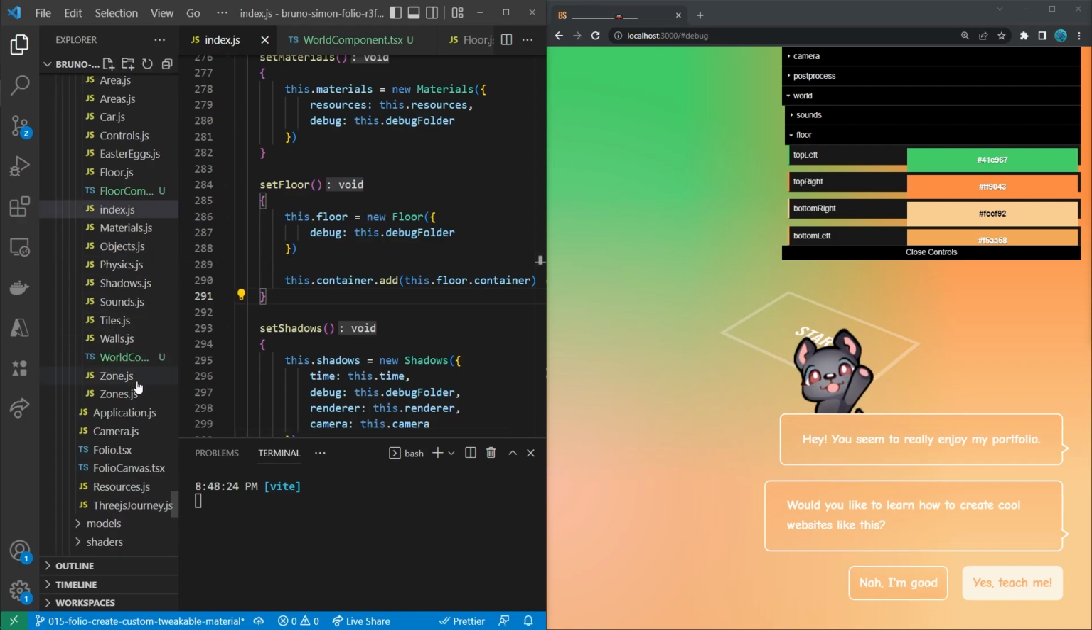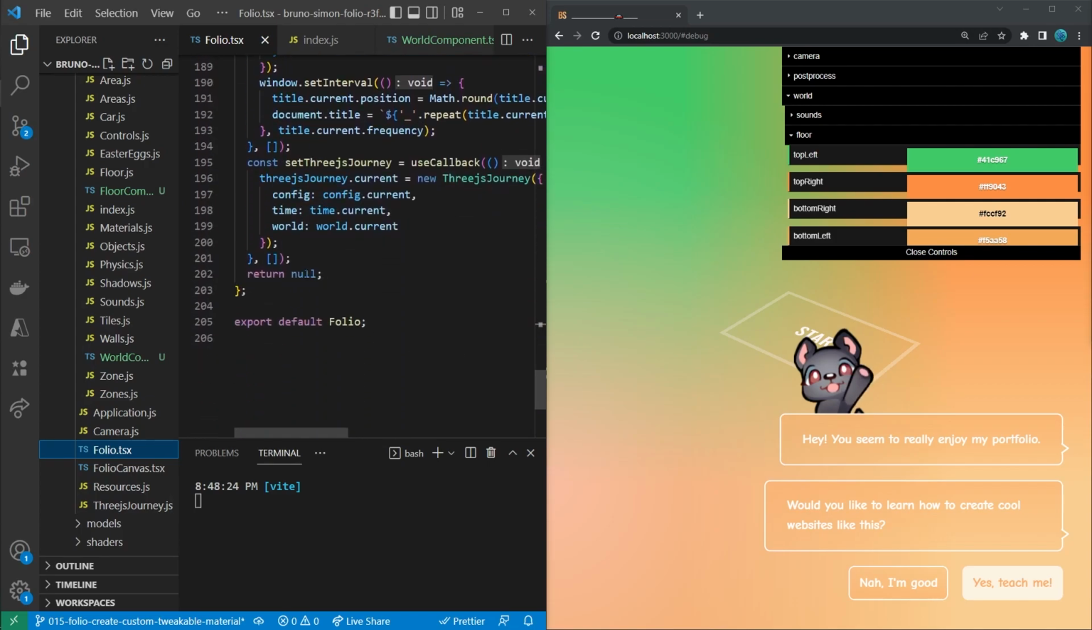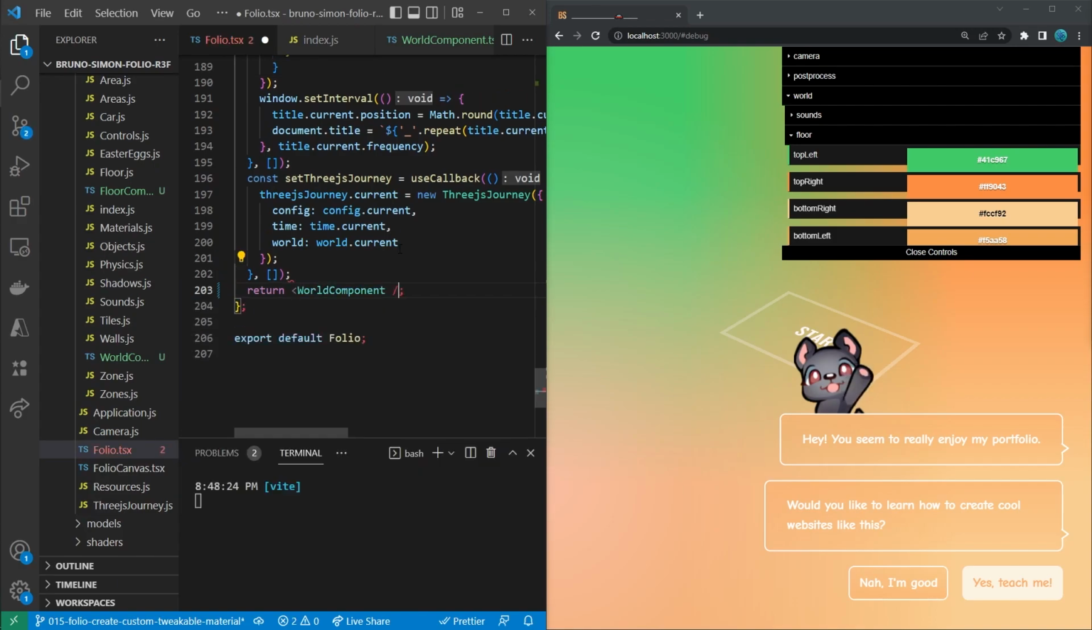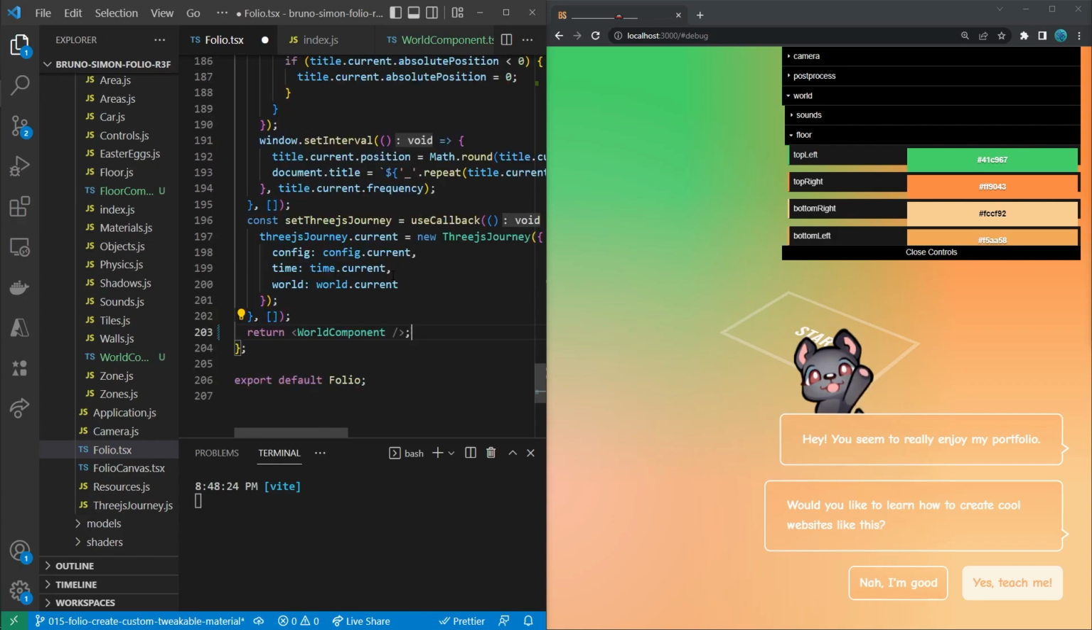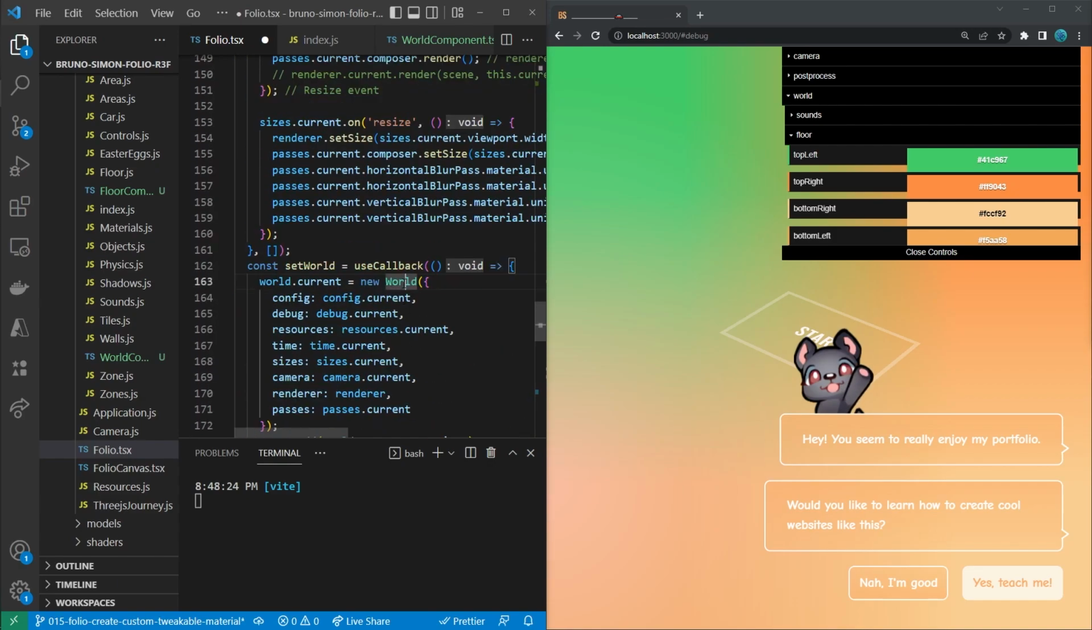We need to do one more thing, and that is that in the folio component, we are currently returning null, and we're going to change that with returning the world component. So now basically we are instantiating that new world class above, and we are returning the world component, which can be duplicate, but we're gonna make sure that that won't happen. So as soon as we completely migrated something to React Fiber inside of the world component, we're gonna remove it from the world class. All right, so let's save this file